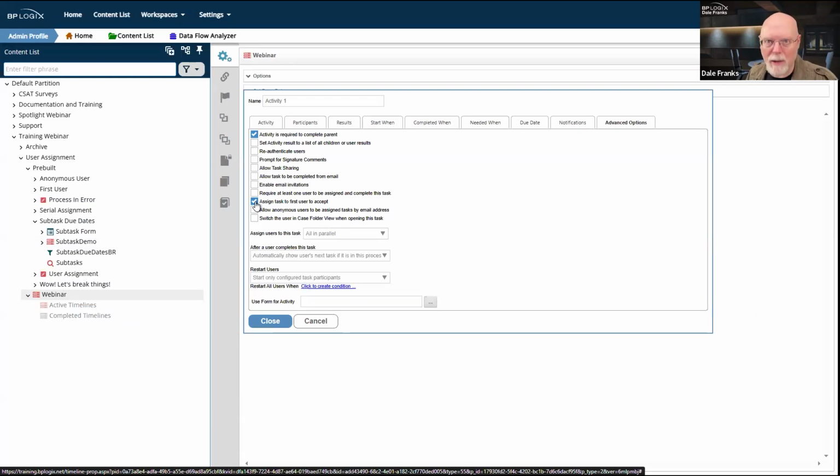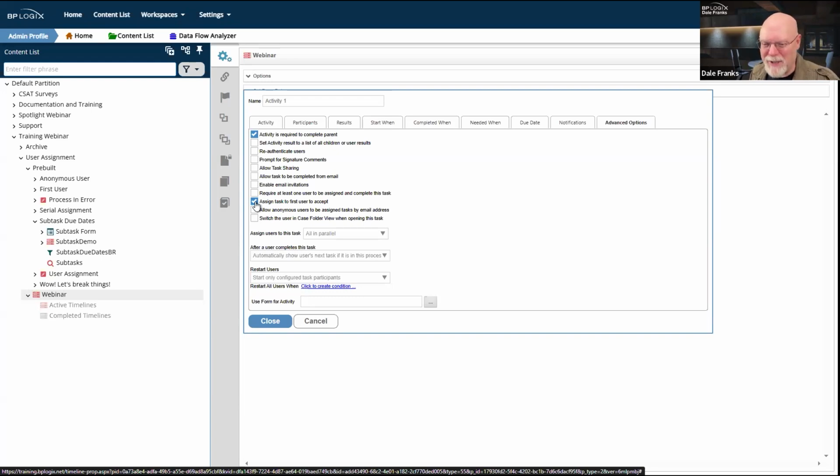And so whoever accepts the task just takes it, and everybody else accepts the task later. Now, what happens if nobody decides to accept the task is an open question, but that task will remain in their task list until someone accepts it, and then that person will have to complete it.